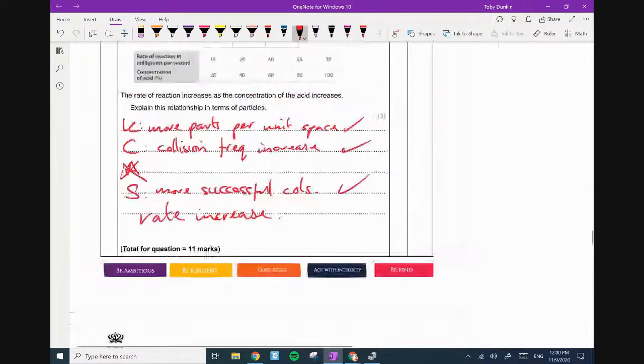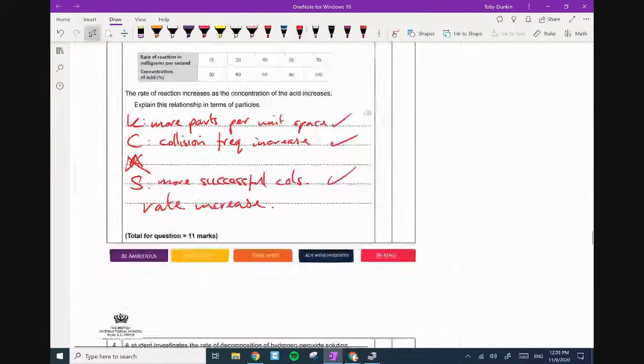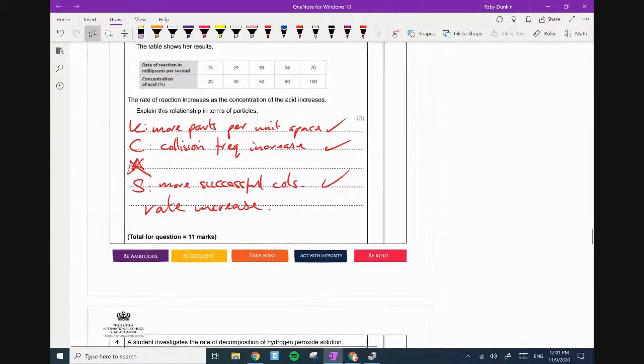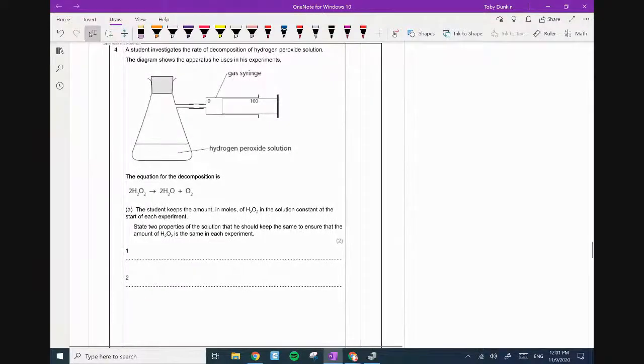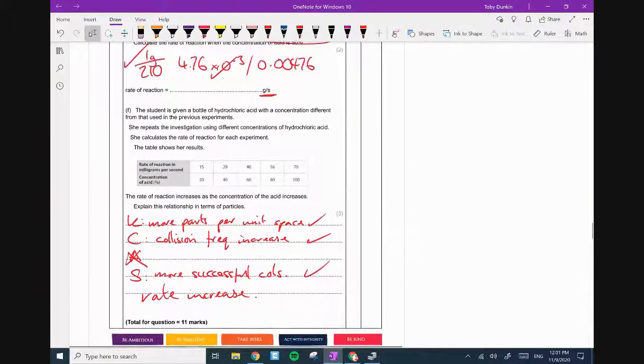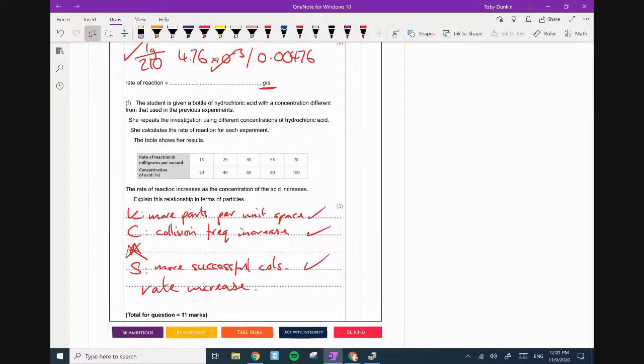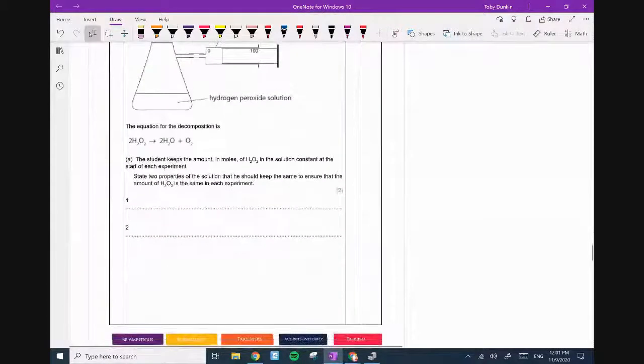Isn't that weird? The first one was only 2. You needed all 3 to get 2, and this time it's 3. Shows you what Edexcel do and how they change the numbers, depending on if there's too many marks on a paper. It's a different paper, that one. Next time that this paper is done, I'm going to change that question and put in maybe a surface area one, or maybe a pressure in gases, or maybe a temperature. I think temperature would be a good one to go in there, so I'll find a question to slot in there.